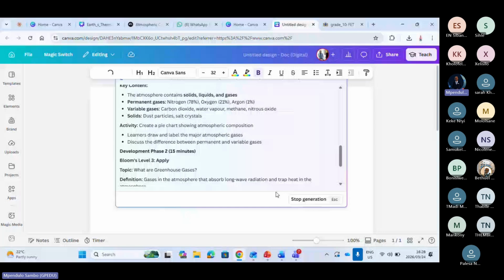Okay, so colleagues, that is our lesson. Here on the bottom, there is insert. You click on insert. So now we have got the lesson here.